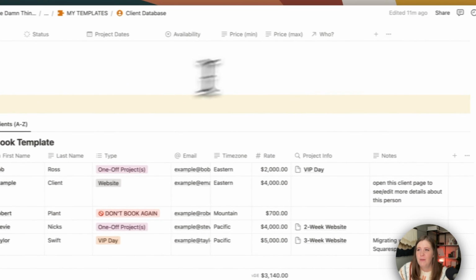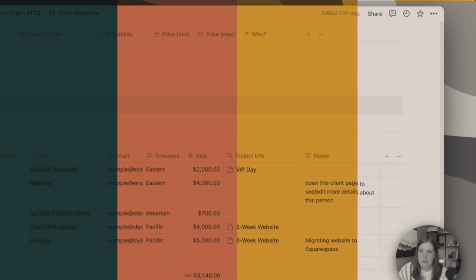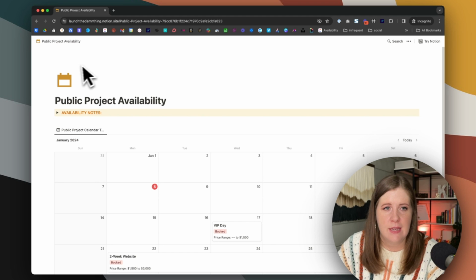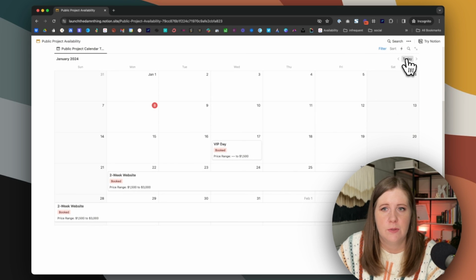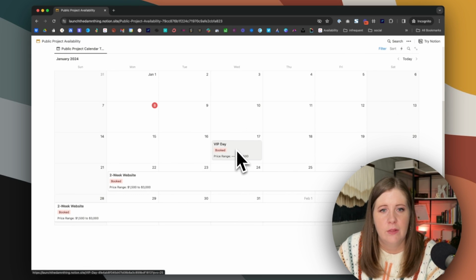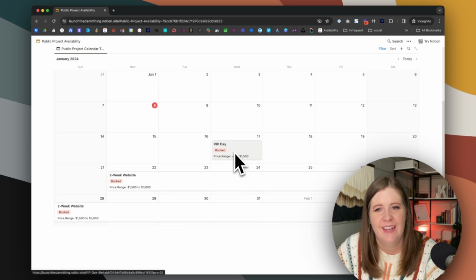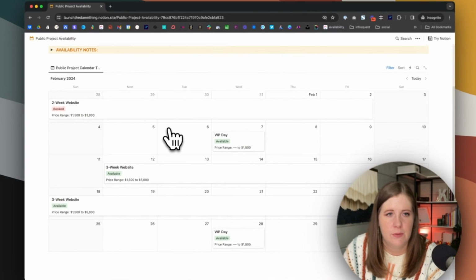Let's take a look at what this looks like in practice for our potential clients now that we've got all of this set. If we open up an incognito window, we can now see the public view of this calendar, the link that we would give our clients. They will be able to start on today and look at what is booked in the calendar, so what's not available. You can also change that to say not available if booked seems like maybe not clear enough. And then all they have to do is click the little arrows over here to navigate through the list and